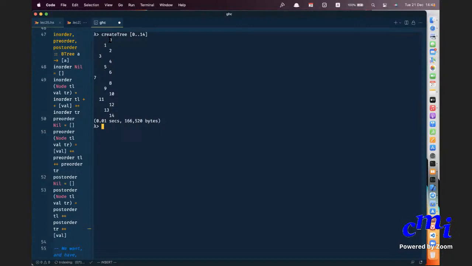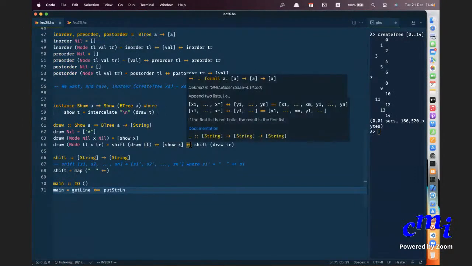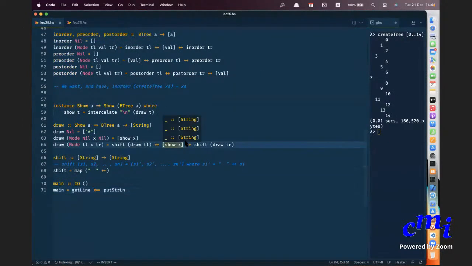And here this has the advantage that if you read this, it will read like your original list. So you can just read 0, 1, 2, 3, 4, 5, 6, 7, 8, 9, 10, 11, 12, 13, 14. That's the order in which your original list is. Is this clear? Yes, sir. Or if I want to do it as in the slides, then I will put the show X in front, and you will get the other form. You can do whichever you prefer.